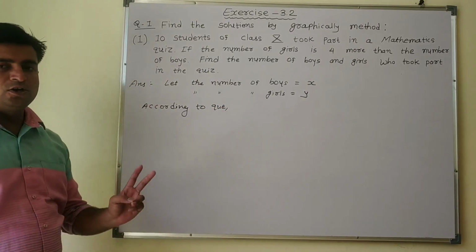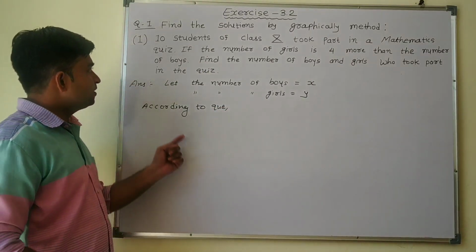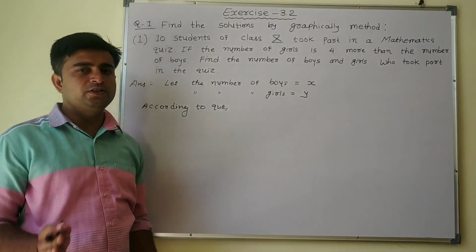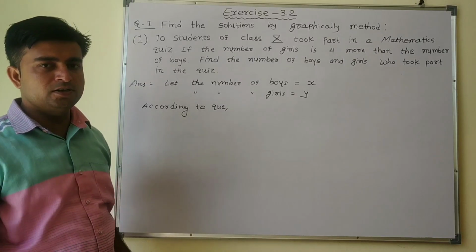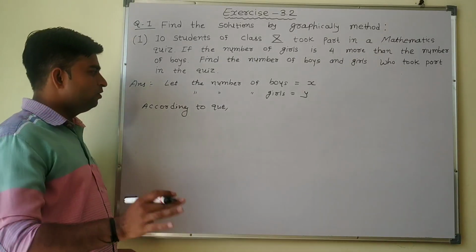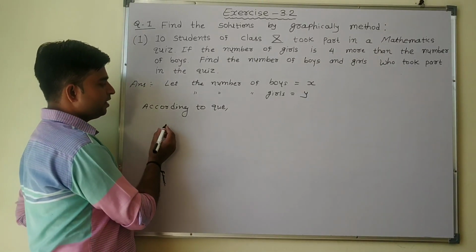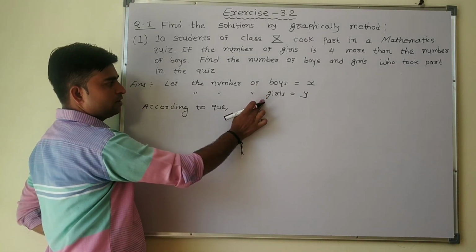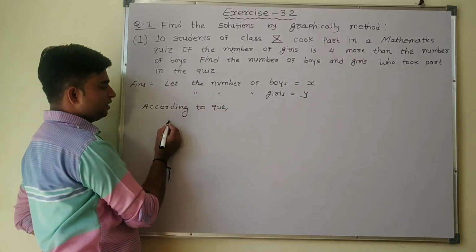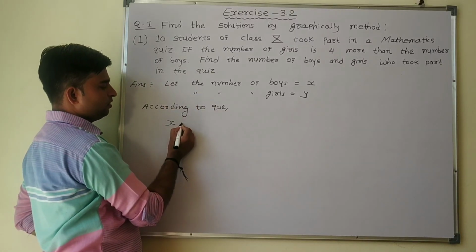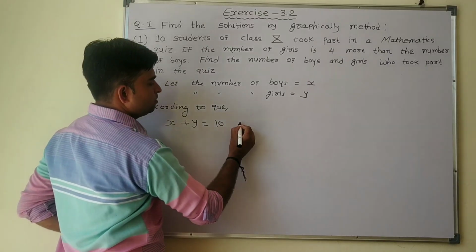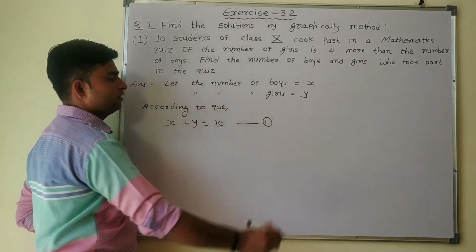in the question a total of 2 conditions are given. In the first condition, total 10 students, हमें यहाँ पे 10 स्टूडेंट दिए गए. 10 स्टूडेंट मीन्स गर्ल्स और बॉयज दोनों, इन दोनों का टोटल हमें 10 दिया गया है. तो हमारे पास इन दोनों का टोटल मीन्स बॉयज प्लस गर्ल्स इक्वल टू 10. हमारे पास बॉयज x है और गर्ल्स y है. सो x प्लस y इज इक्वल टू 10. सो दिस इज द फर्स्ट इक्वेशन.